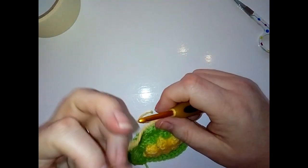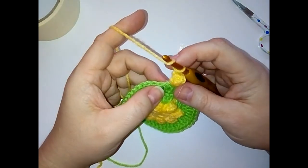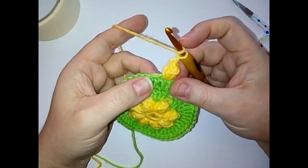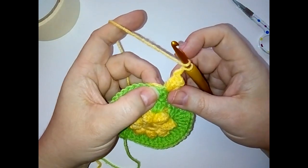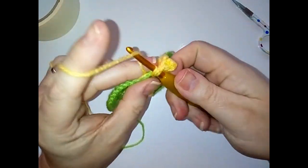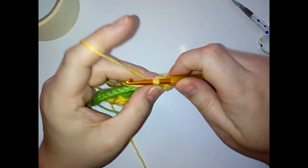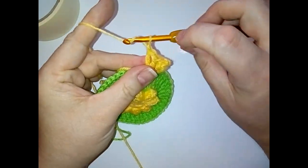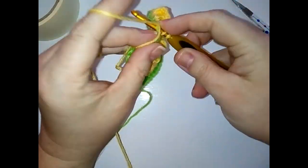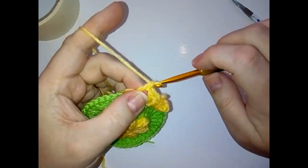And now we're alternating popcorns with V-stitch. So each time as well, we're going to skip 1 stitch on the previous round. So chain 1, skip a stitch, and then into the next stitch you're going to do a V-stitch, which is a double crochet, chain 1, and another double crochet, and chain 1. Skip a stitch, and then in the next stitch you're going to do a 5 double crochet popcorn, just as before. So 1,